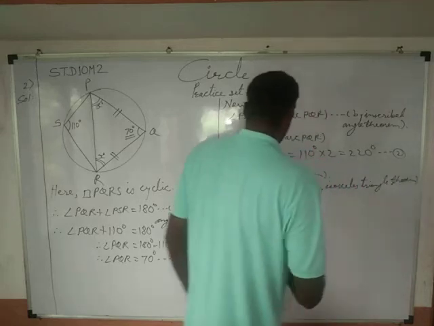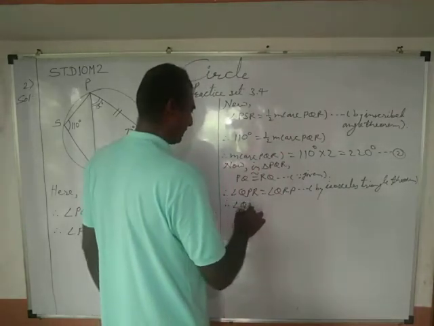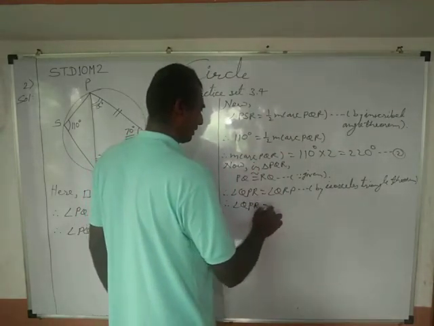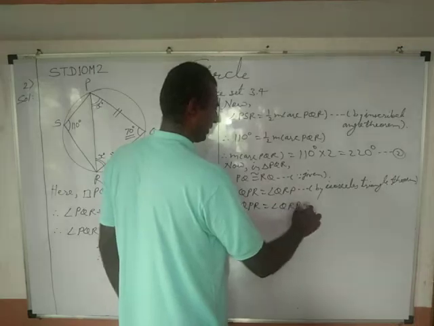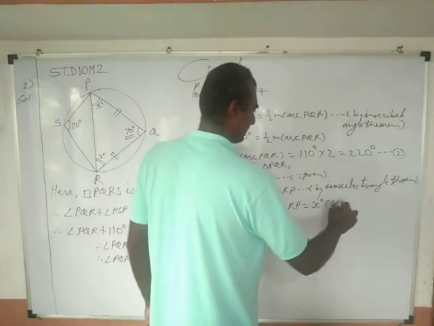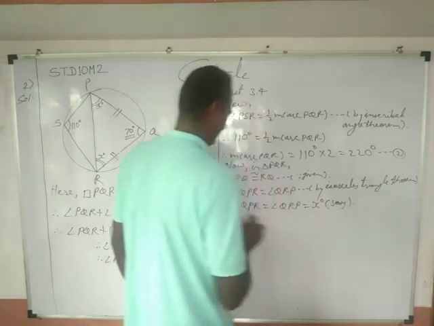Okay, and therefore angle QPR equals angle QRP equals x degree. Say now